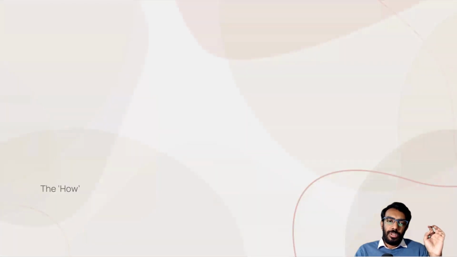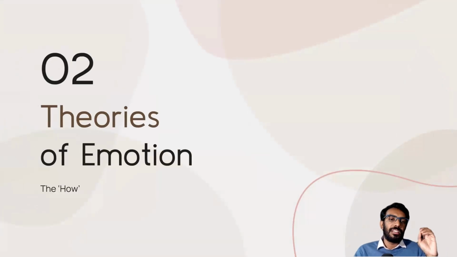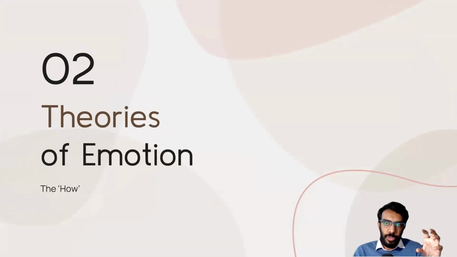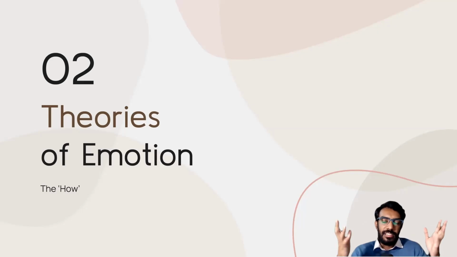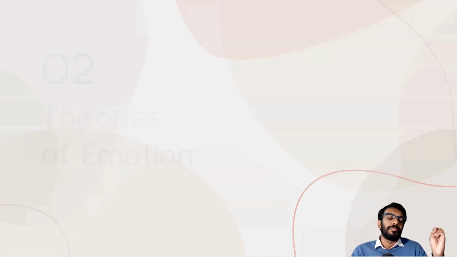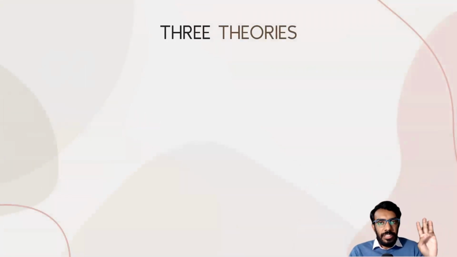So now that we've talked about the definitions that we have of emotion, now let's look at a few of the theories of emotion that we have, right? This is again kind of important from both an exam point of view as well as to understand, because in psychiatry, in psychology, we deal with emotions most of the time. A lot of the work that we do is based on emotion. So we need to know how these emotions come into being and how they can be modulated or how they can be changed, right? So we'll start with three theories.